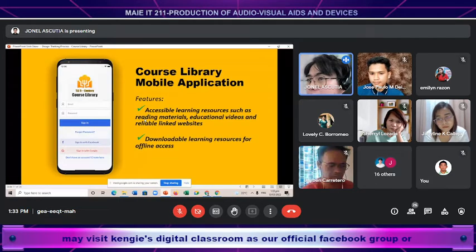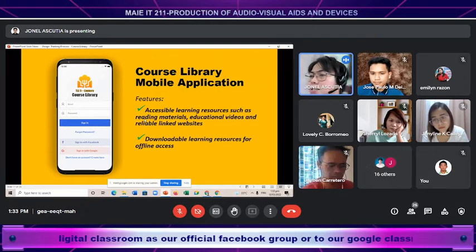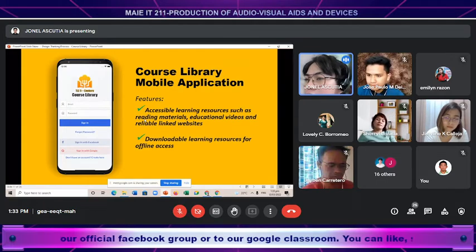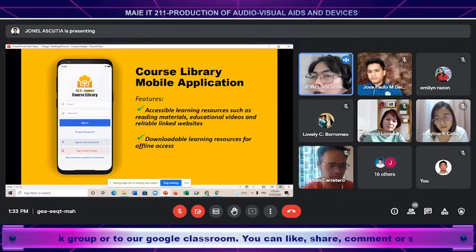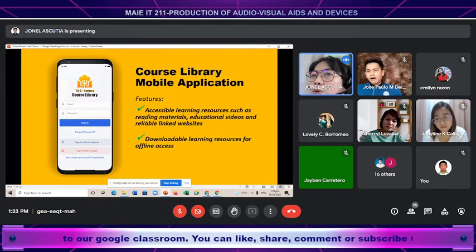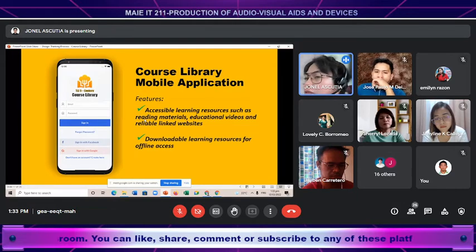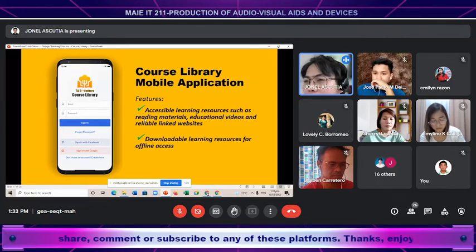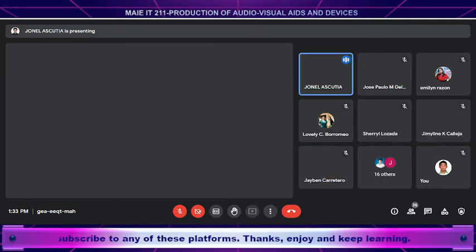So features of the course library: accessible learning resources such as reading materials, educational videos, and reliable linked websites. Downloadable learning resources for offline access, so just in case there is a power interruption, you can still use your mobile phone to answer your modules, unless low battery na yung phone mo. Learners can be directed to reliable educational websites through clickable links or